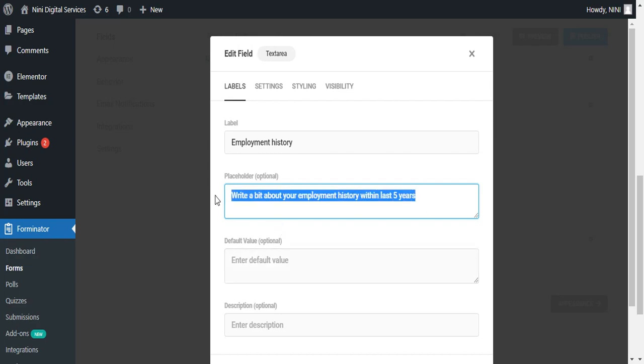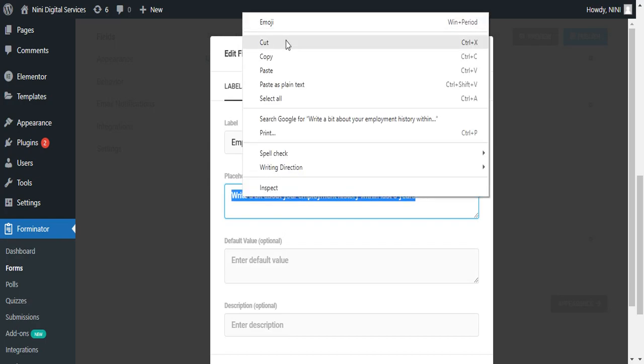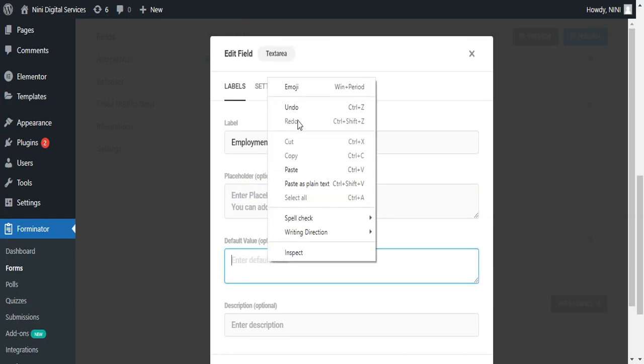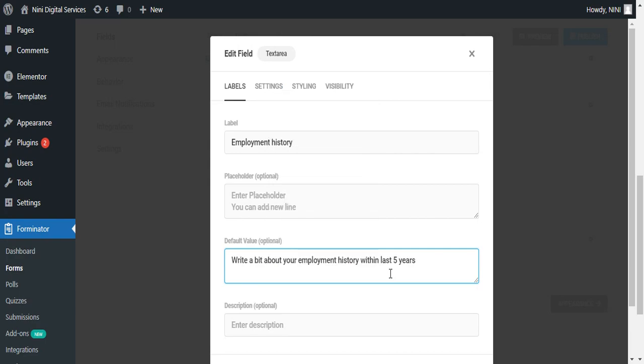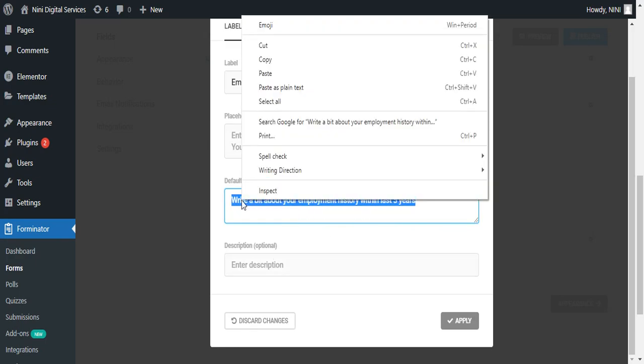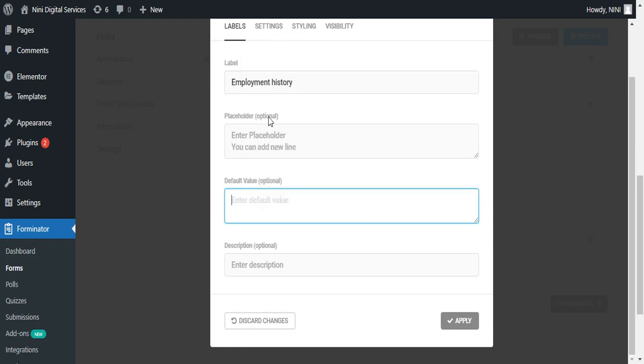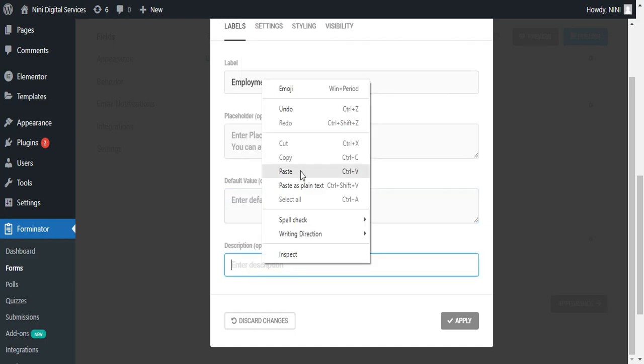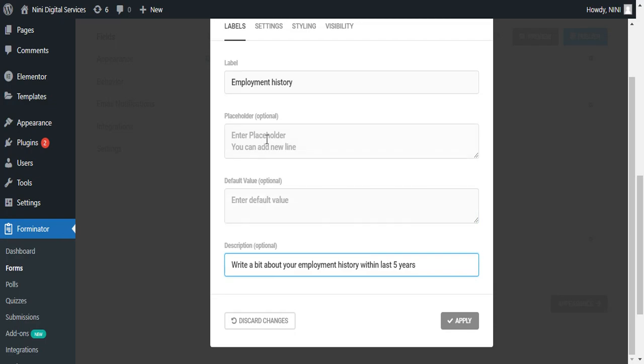So that won't be, I won't make that. I'll just make that as a description. For example, I'm pasting it here instead of here. So we're going to say description. I'm sorry, cut again. This is where I would like to put a description. So therefore value is not applicable. So we are going to say apply,